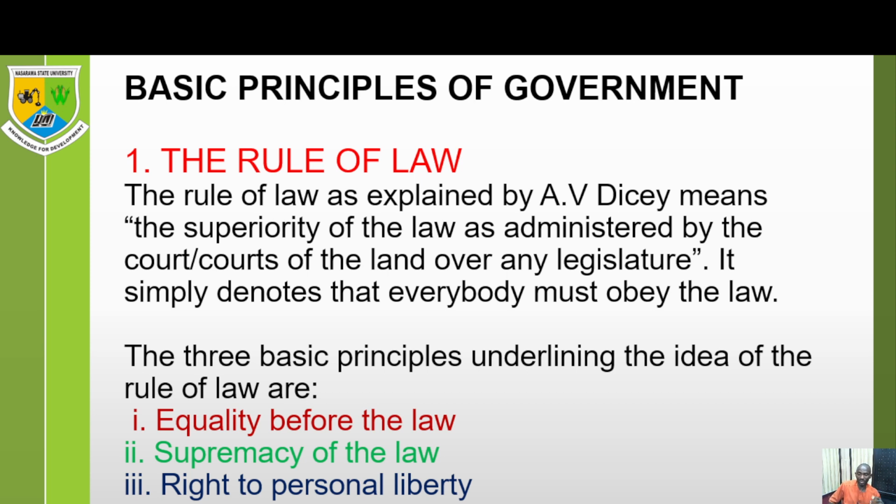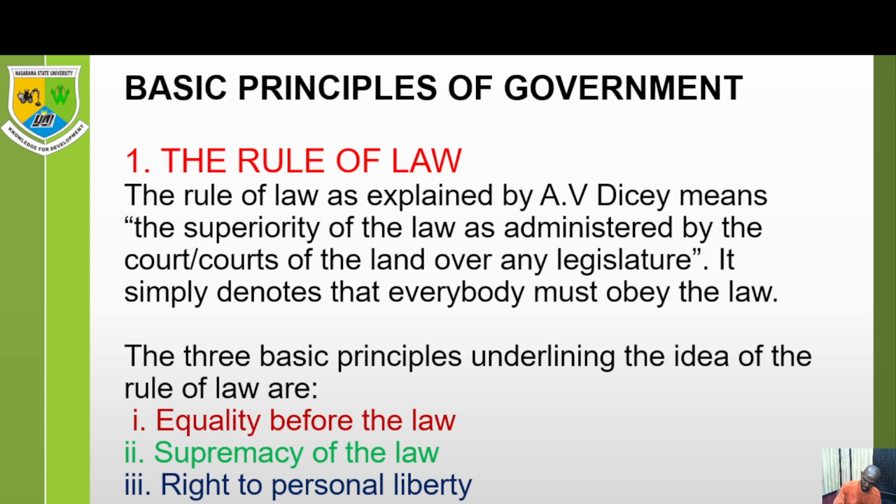When you go to chapter 4 of the Nigerian Constitution, specifically when you go to section 33 down to section 43, you find out that all these rights are embedded there. The right to fair hearing, the right to dignity, the right to liberty, the right to personal privacy, etc. So you can find out that the rule of law has actually contributed to the survival of the democratic system, or the survival of the government itself. Without the rule of the law, where would you see the government? The government would seem to be